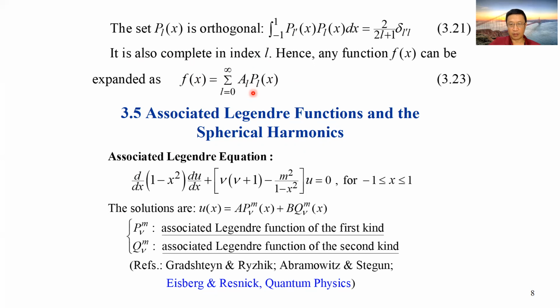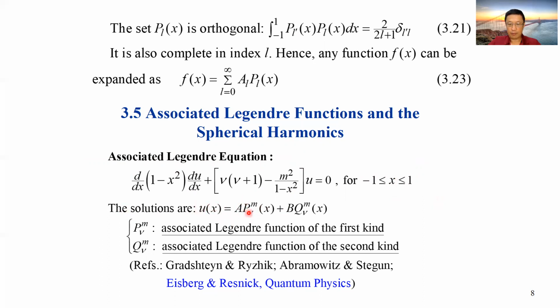Then let's come back to another case. M is not equal to 0. So we will deal with the complete equation, this equation. This time, M is not 0. This equation is called the associated Legendre equation, once again. And x is somewhere between -1 and 1. The solutions are